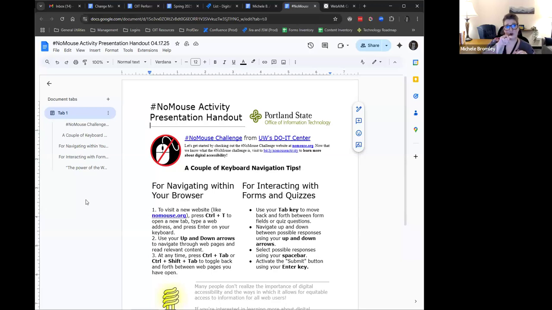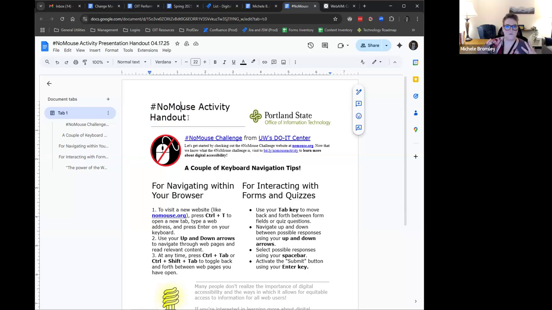But what I'm seeing is a very interesting curve showing me that the first heading in the document appears to be sub to the headings that come before it. That probably means that my heading structure is very off. So if I go into the body of the document, the title, this is not really a presentation handout. This is just a no mouse activity handout. So I'm going to delete the word presentation, but it says hashtag no mouse activity handout, and it's in big sans serif